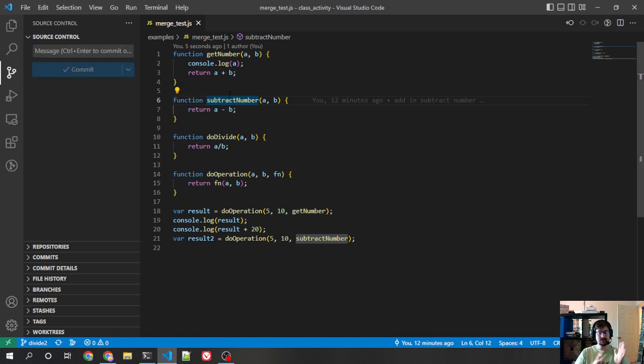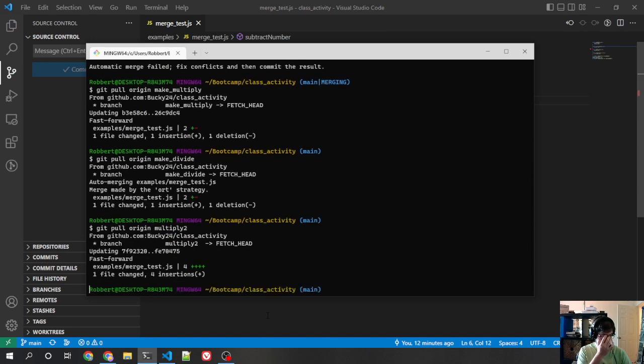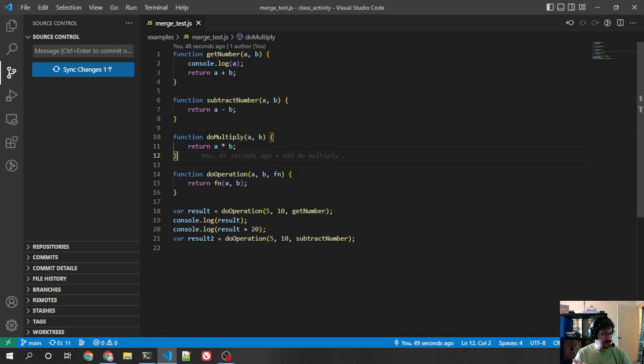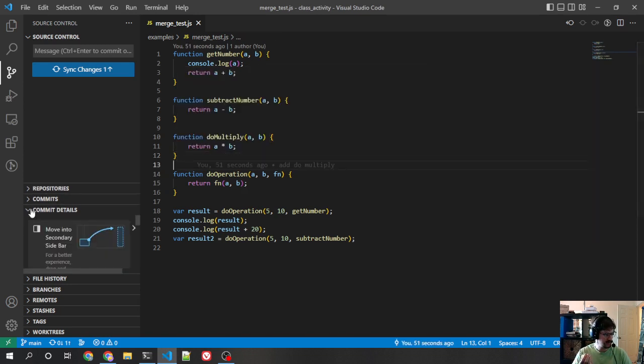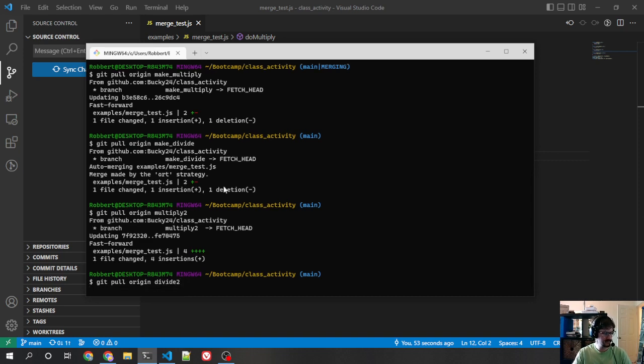One of them has the do multiply and one of them has the do divide, just like we had before, but there weren't any skeletons for them. So if I go back to main now, which doesn't have either, the first thing I do is I say git pull origin multiply 2. Okay, now I have the do multiply in here. This is all good. Now if I say divide 2,